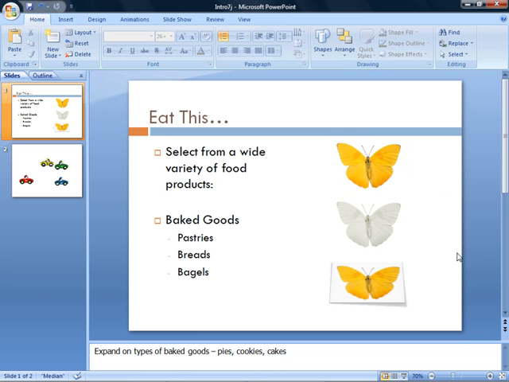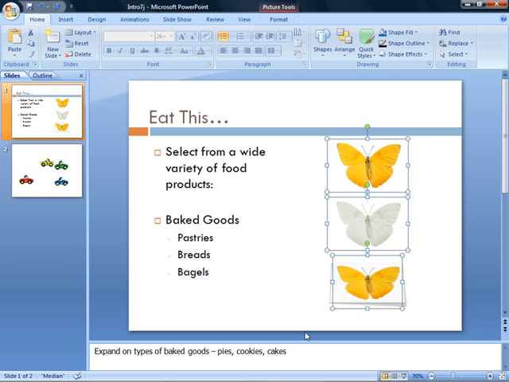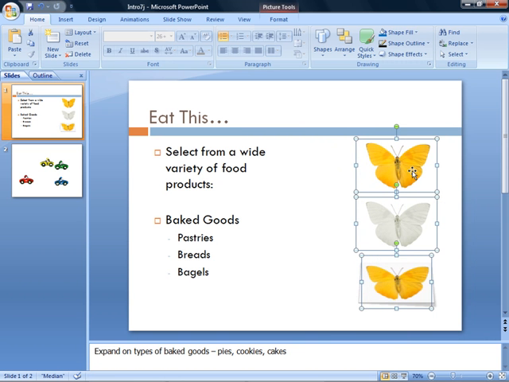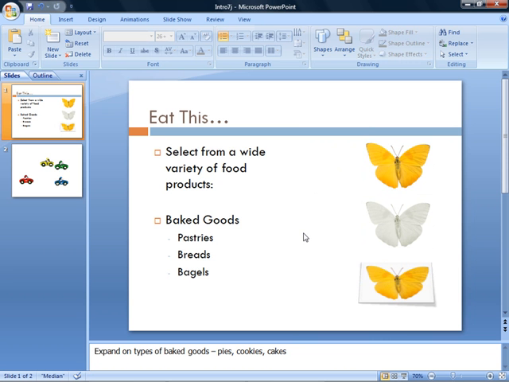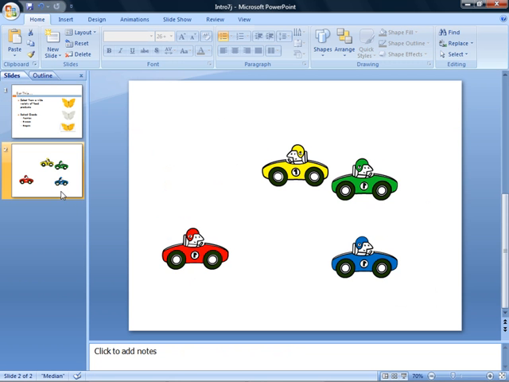Now if we want to move all 3 of them over to the right hand side without misaligning them, no problem. We'll marquee select them again, and then we can go to any one of them, as long as we see the 4-sided arrow, and click and drag across to the right. Deselect by clicking outside, and there's our slide. Okay, so that's one option. Let's go to slide 2 now, and we'll work